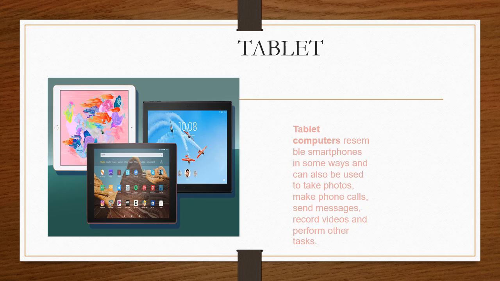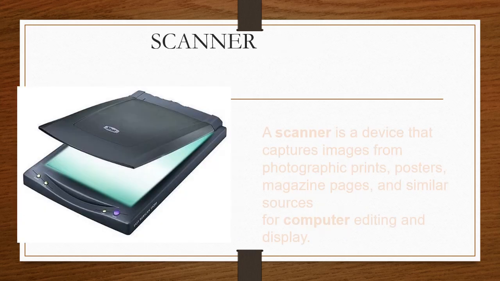The next one is scanner. The scanner is an important one nowadays because it is used to get the digital version of a physical object. Many companies often ask for scanned copies of photographs or PAN card, driving license. So it is the scanner that helps achieve the digital copy of the documents.